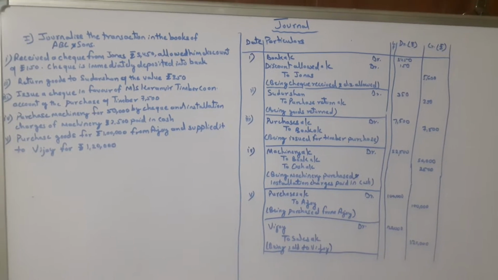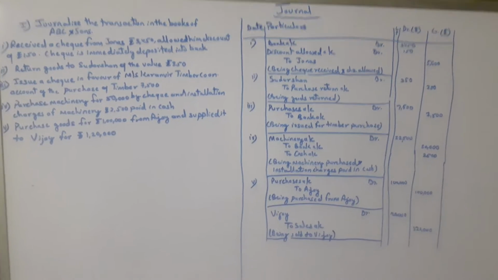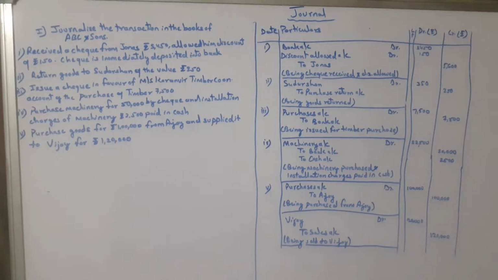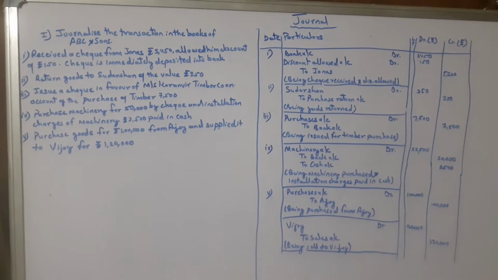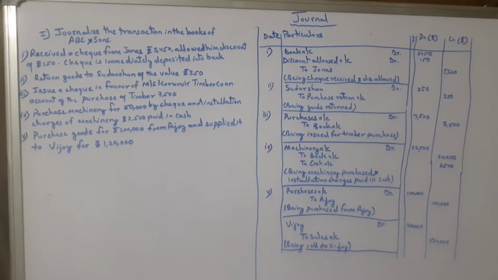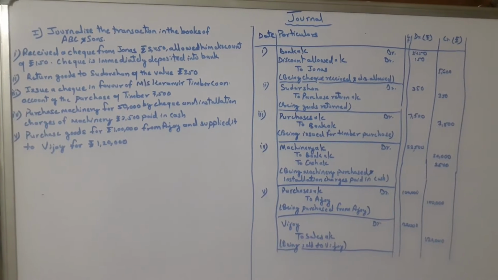नमस्कार सभी को. Let's have a numerical question based on journal. The question says, journalize the transactions in the books of ABC and Company. First point speaks about, received a check from Jonas amounting 5,450, allowed him a discount of 150 rupees, check is